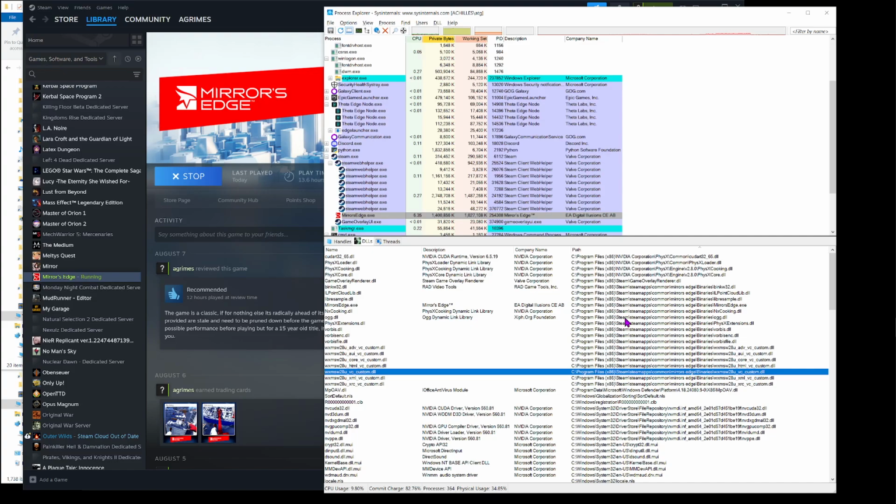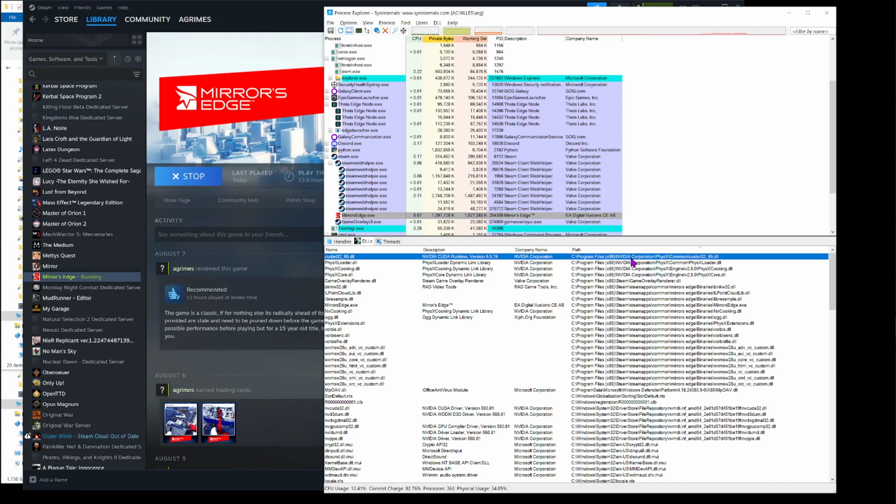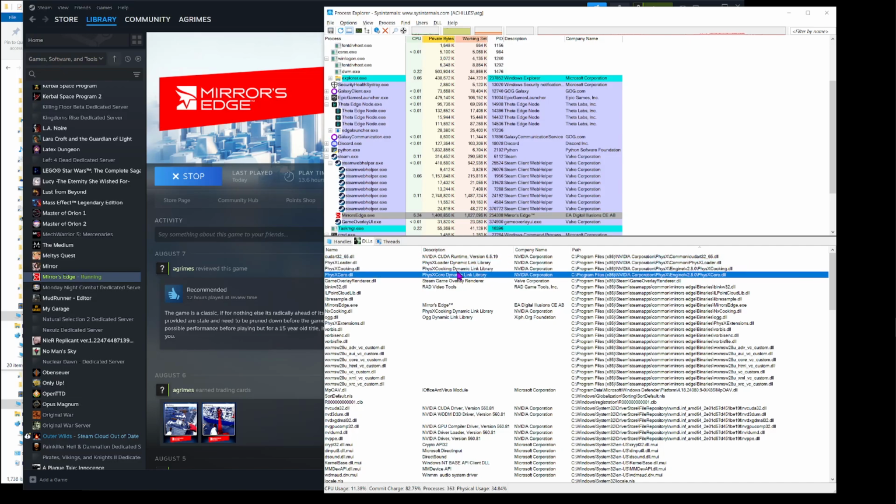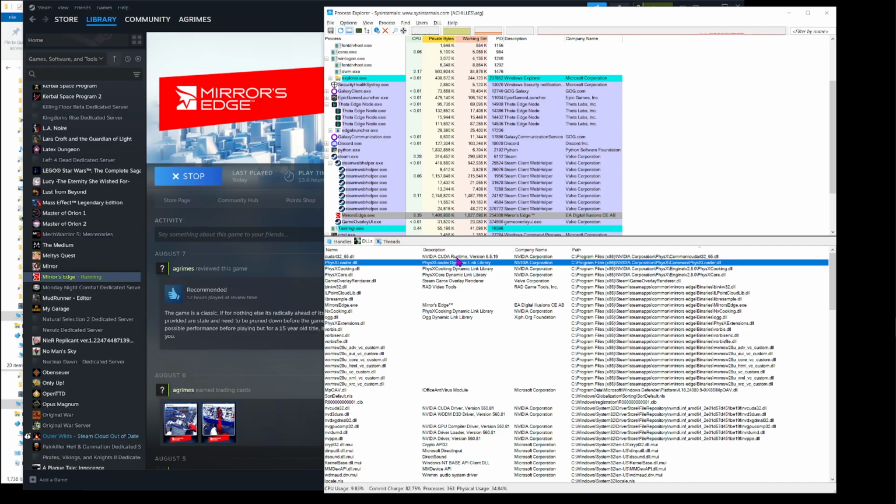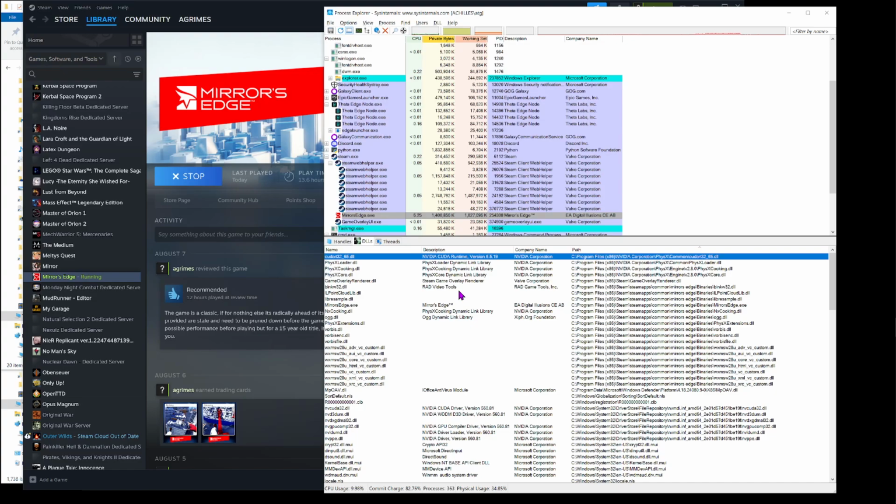We sort by path. All right, so these first ones, as we can see, we are loading the PhysX engine from the NVIDIA driver bundle